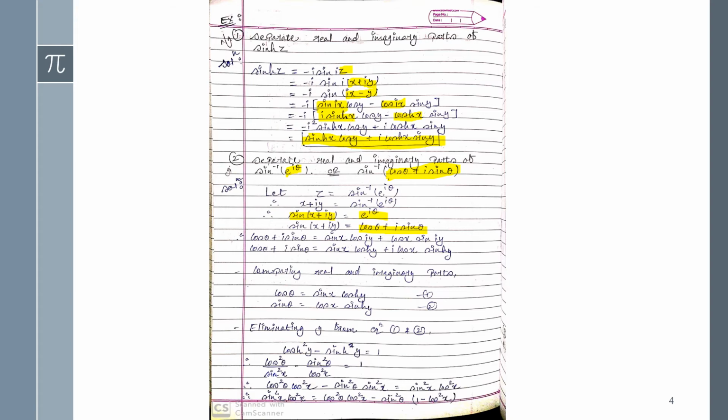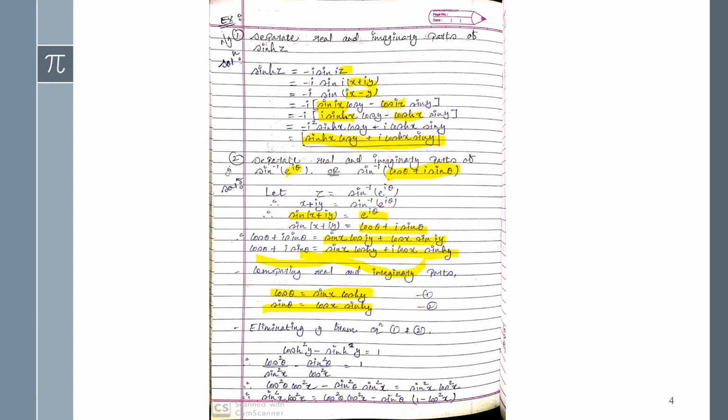Okay, so cos theta plus i sin theta equals sin of x plus iy, and that is nothing but the formula of sine of alpha plus beta, which we have written in our previous slide. So from this I am writing this formula, and here I have just rearranged the terms. Comparing the two sides, we can find the real and imaginary parts. So cos theta will be this, and sin theta will be this one, and I am giving them equation numbers 1 and 2.